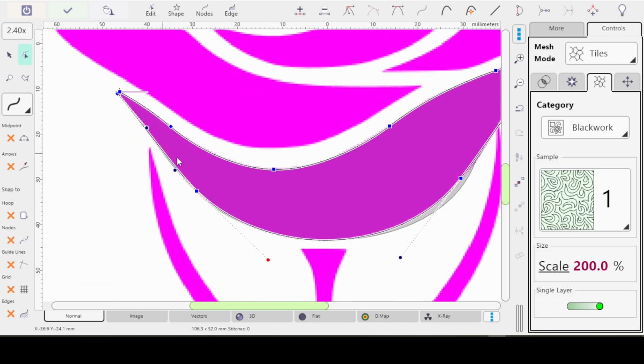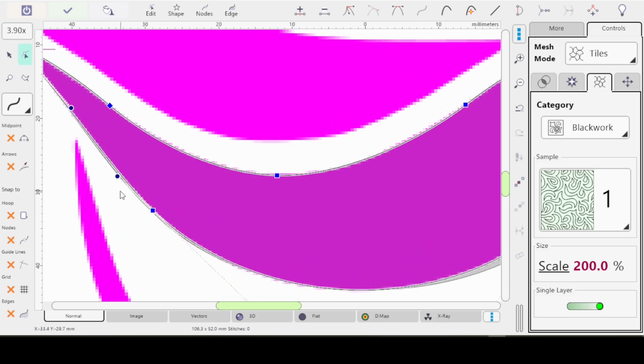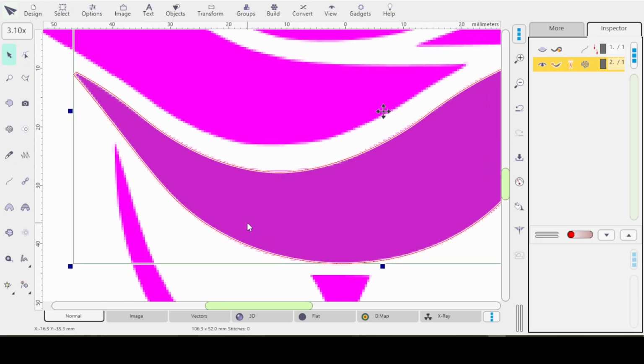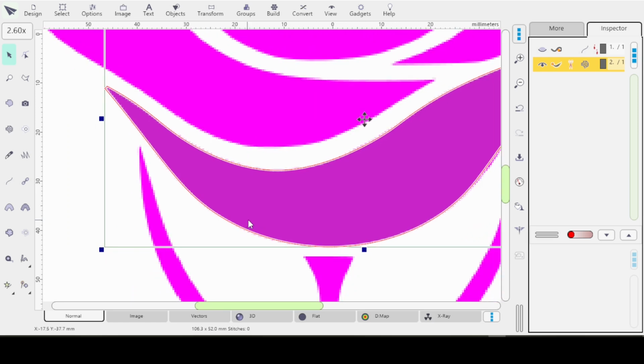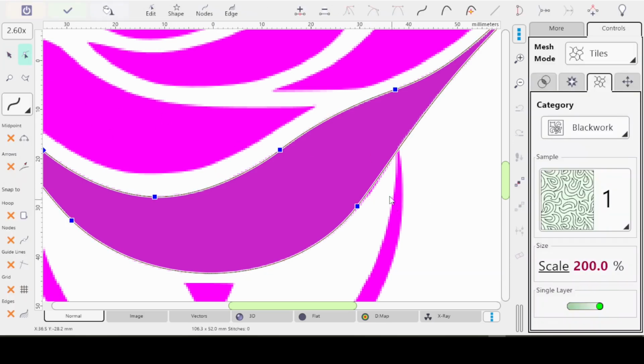And if I need to add more nodes to follow this shape, I will. But I think I'm still good over here. Let me hit enter because I'm getting confused between the original. Okay. So over here, it looks like I needed to come out a little more. Control S, hit enter. Hit edit. And let's click on this one, and it does look like